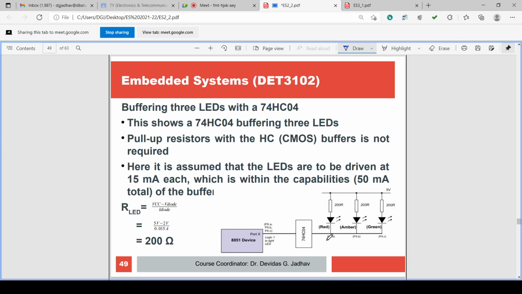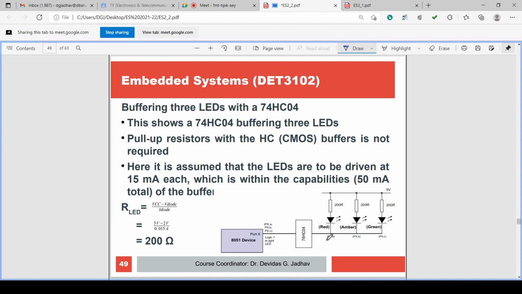So all these possibilities we have discussed, we have seen, isn't it? Now buffering 3 LEDs with 74HC04. 74HC04 is the buffering IC. It is a buffer. So 3 LEDs are there instead of a single LED. 3 LEDs are connected to the pin. So 3 LEDs will require 3 times the current, and if the microcontroller pin is not able to provide that current,